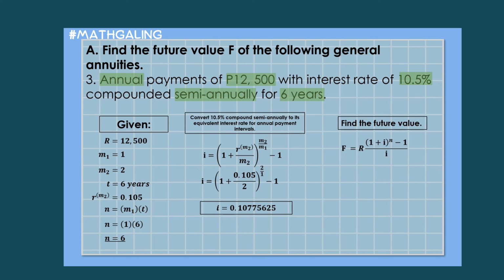So it is F is equal to R times 1 plus I raised to the power of n minus 1 over I, and we are going to convert it into our given. So it is now F is equal to 12,500 times 1 plus our value of I raised to the power of 6 minus 1 over the value of I. So it is now